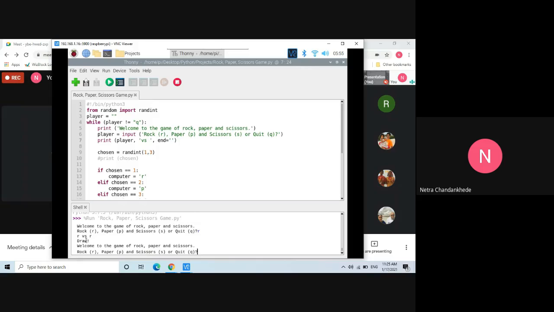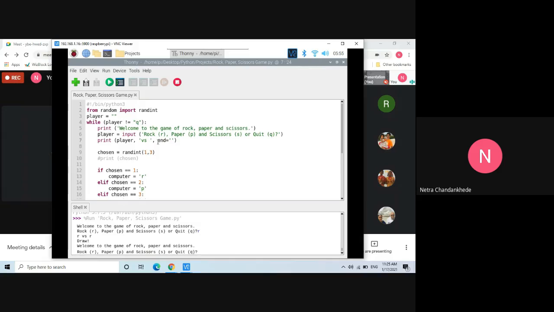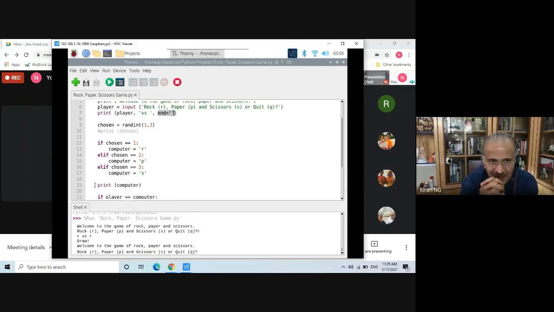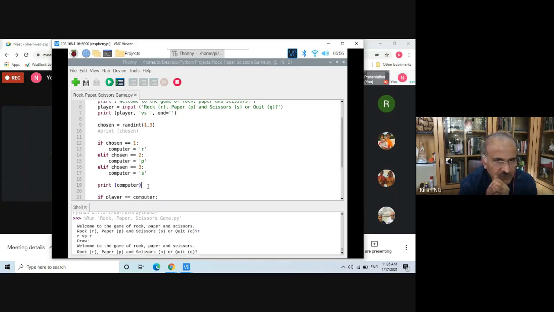Okay, sir. Yeah, now it's correct. So now you got it in the same line. But still, I did not understand what is the relationship between end and the print computer statement. If you just give a print, even though you don't give it, since you are not appending with a null, then what happens? It also automatically appends a new line character. Oh, it goes to the next line. Now you are forcing it not to put the new line character by putting a null.